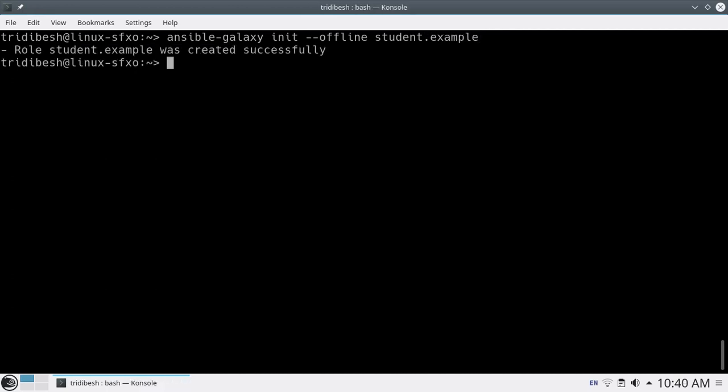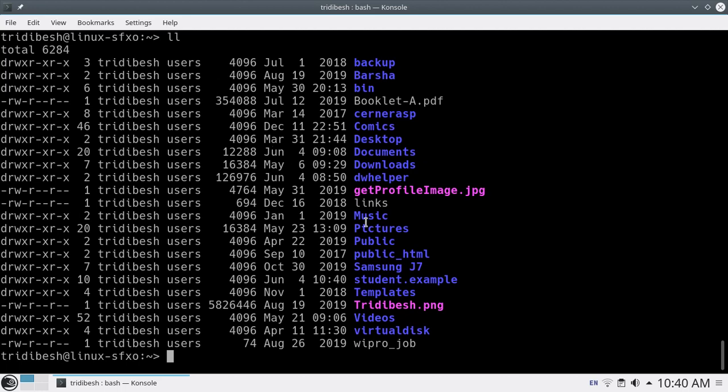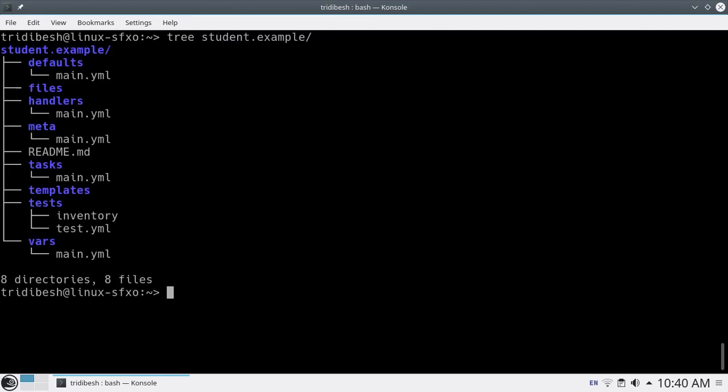You'll see it will create a role in your current directory. If you look here, it creates a directory structure. So you will see it created the directory structure for a role, and then you can use it to do your development, whatever you want to do.